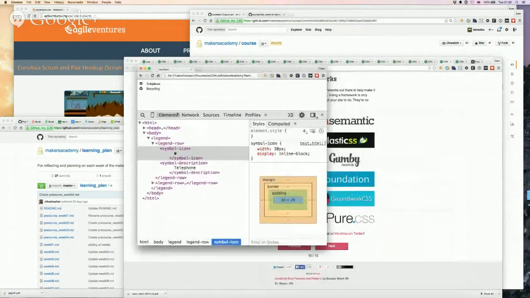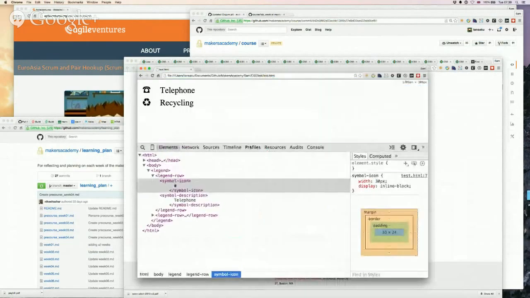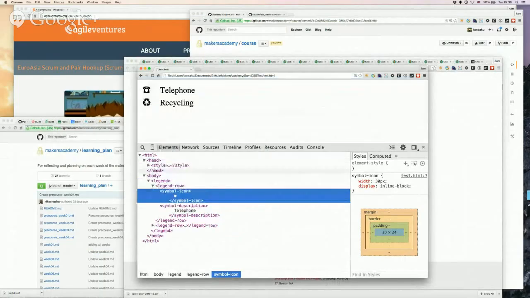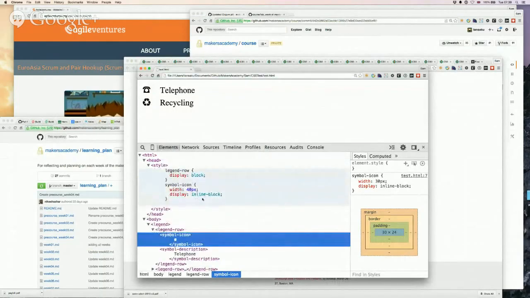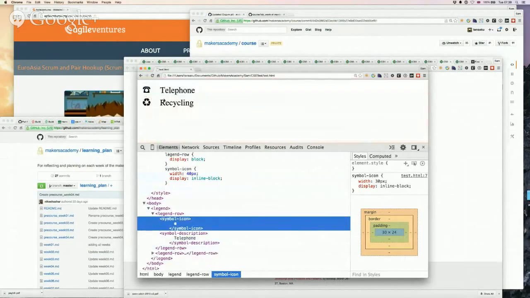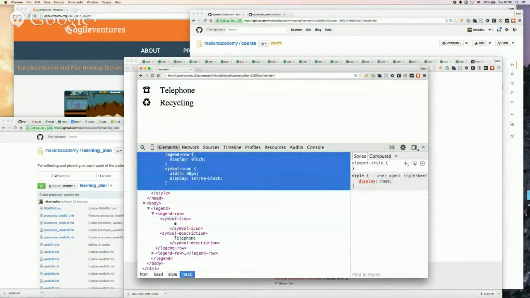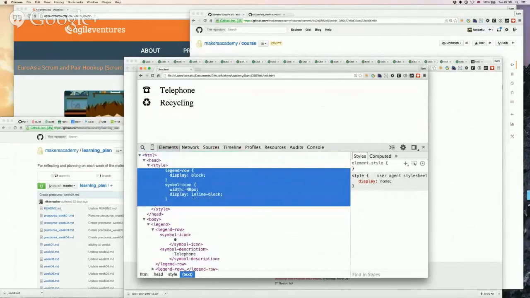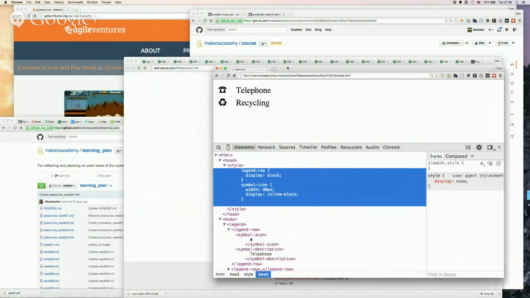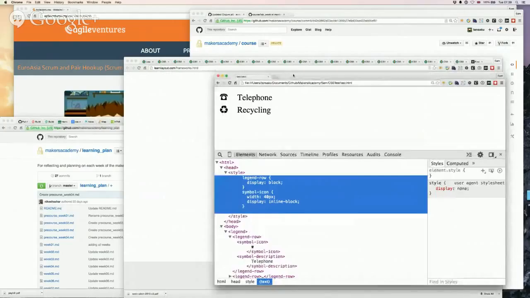But I've worked out a small example here. This is based, as I was telling you, Thomas, upon the map legend thing, and I've just extracted things. So there's no Bootstrap at all. And I've gone here for a fully semantic version where I'm doing all of the styling based upon these semantic elements, just to see if I can get the effect that I want. And what's interesting to me is that it's the presence of this inline block on the symbol icon that allows the width to be respected. Anyway, I've been exploring with that, and I'm thinking of developing some more CSS materials.